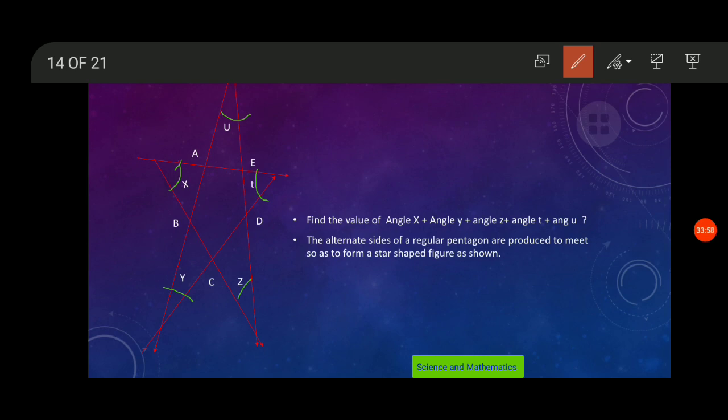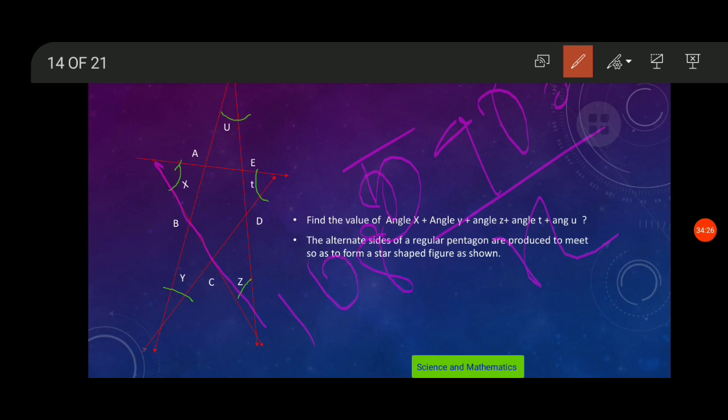We all know that the total sum of all interior angles of a regular pentagon is 540 degrees. I am writing it on my screen, everyone, please pay attention. It is 540 degrees. Now we all know that this is a straight line. To find each interior angle in a regular polygon, any kind of regular polygon, we divide by n, the number of sides. Dividing by n, we will get 108 degrees, right?